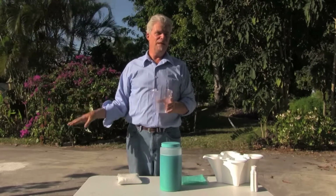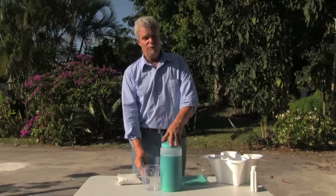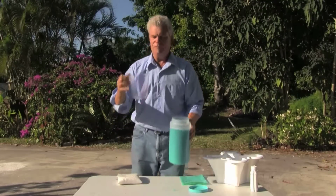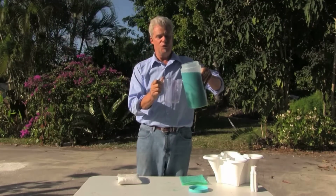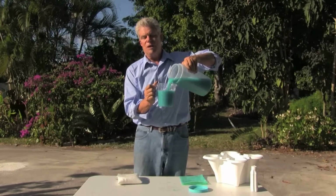So if you have a 50-gallon reservoir, that would be 25 ounces, half an ounce per gallon, of the blue and 25 ounces of the white. You simply, after you've filled the reservoir up with water, or while you're doing that, take your concentrate, find where it says ounces on what is now your own personal measuring cup, and just pour out 25 ounces, which is about 3 cups incidentally,